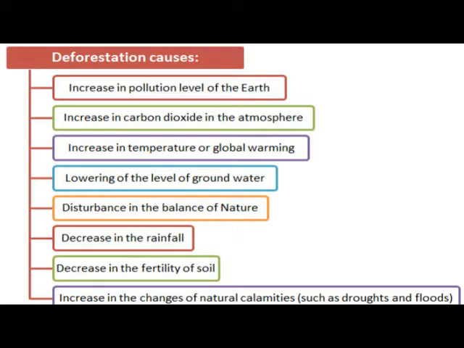Deforestation disturbs the balance in nature. If cutting of trees continues, rainfall and the fertility of the soil will decrease. Moreover, there will be increased chances of natural calamities such as floods and droughts.